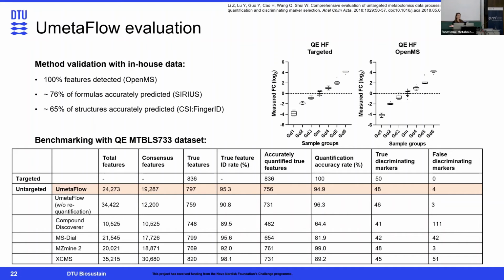What they did is that they took 2 different groups, 5 replicates per group. Both groups had exactly the same metabolites, but different concentrations of metabolites. They used these samples to check the performance of untargeted metabolomics software for feature detection, quantification, and marker selection.